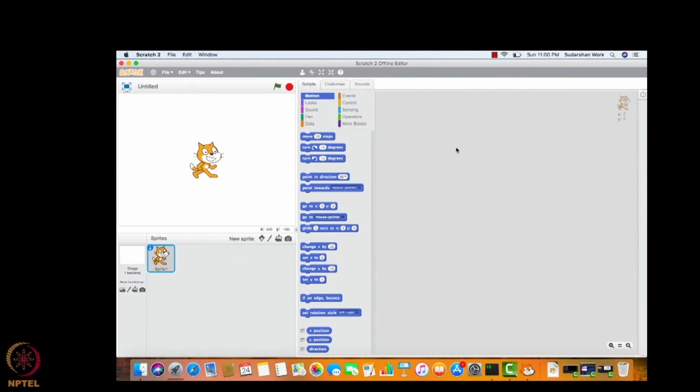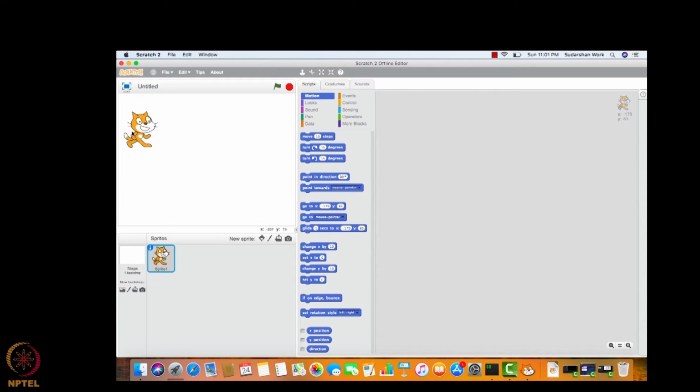So let's get back to our original question. I was just trying to teach you something that's going to come very handy in solving this problem. What problem? The cat is trying to go ahead and come back and then keep going ahead and keeps coming back, and then it incrementally keeps moving like this, and it gets braver and braver with time, right? How do we program that using a repeat until loop? How do we avoid writing a huge code for it?